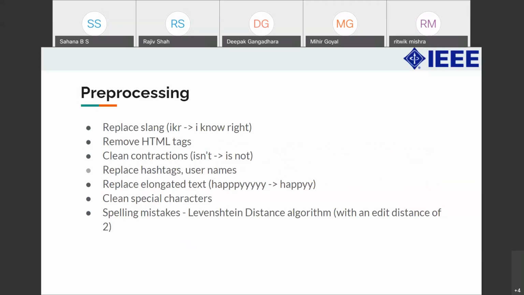Since we mainly deal with tweets here, and tweets, as we know, are extremely noisy, pre-processing is really important. Other than the normal pre-processing that we can think of for Twitter, like replacing slangs, HTML tags, URLs, etc., we also replace the elongated text. Like you can see, "happppy" is being replaced with "happy". We know that there's no word in English that has 3 consecutive identical letters. By doing this, we were even able to correct most of the spellings as well. This is just one of the precautions we took.